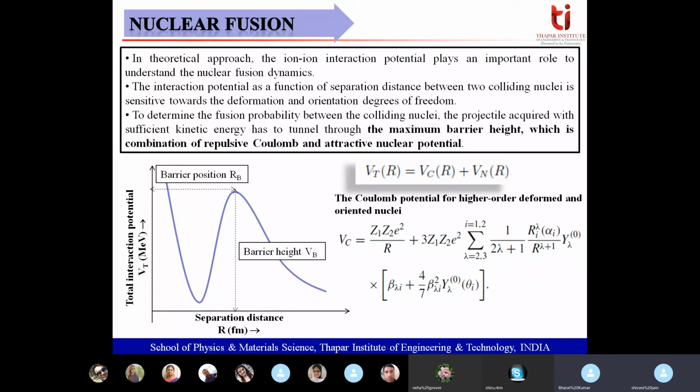I can discuss in my next discussion maybe that, because there is some involvement of deformation through radius, because density is expressed in terms of the two-parameter Fermi model, and that depends on the radius terms, and that radius is again a function of spherical harmonic function. That's why that is dependent on deformation.